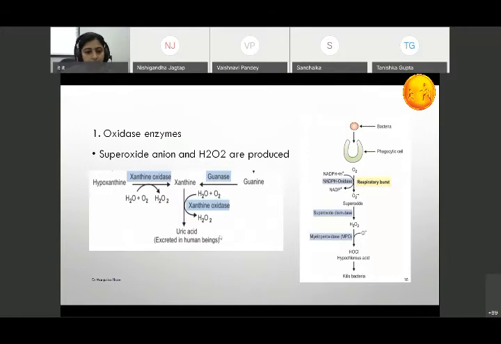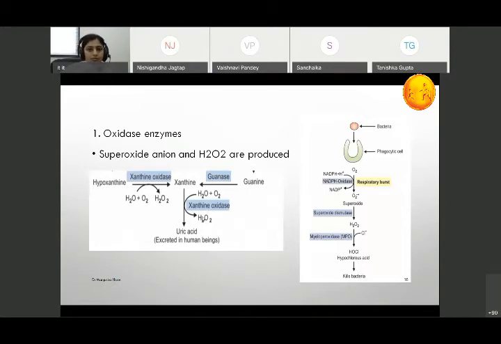Second example you can quote is xanthine oxidase. This you will learn in your nucleic acid metabolism. This is the pathway of uric acid formation. From hypoxanthine, xanthine is formed, and from xanthine we get uric acid in our body. While forming xanthine and uric acid, the enzyme xanthine oxidase is required and there is formation of